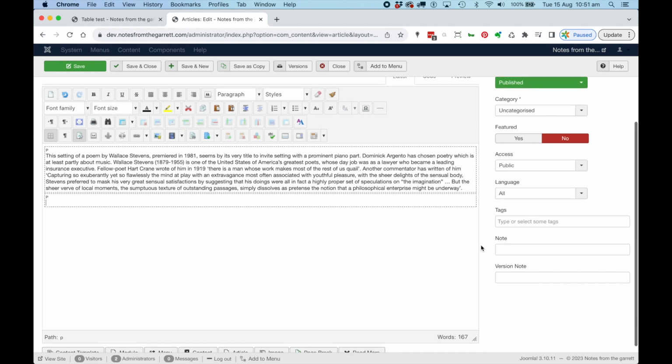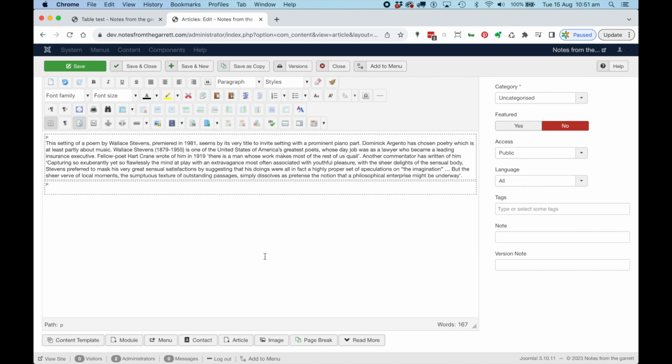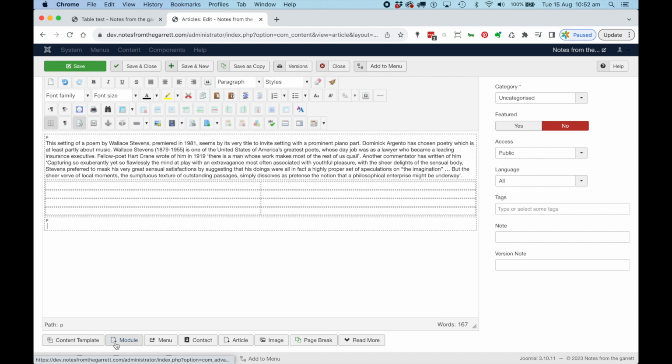And then if we scroll down a little bit, just below the editor area, you'll see a little button here that says Content Template. So I've already set up a pre-formatted table for you, which has some styling so that it should display correctly on the front end of the website. So we just click on that button. You'll see a little pop-up appears, and there's only one option at the moment, which is side-by-side translation table. If you select that, you'll see that a table appears